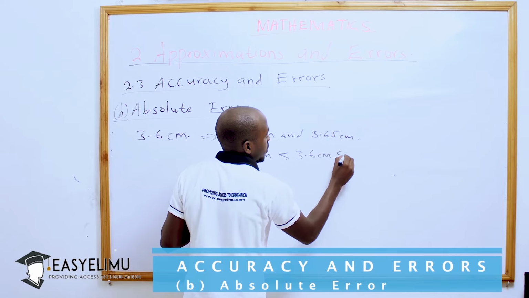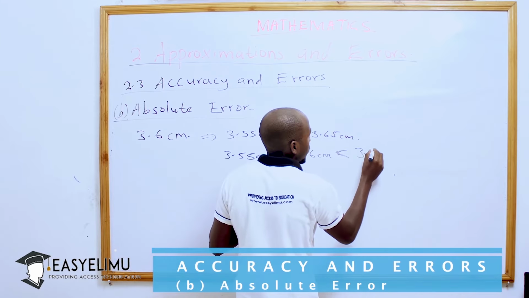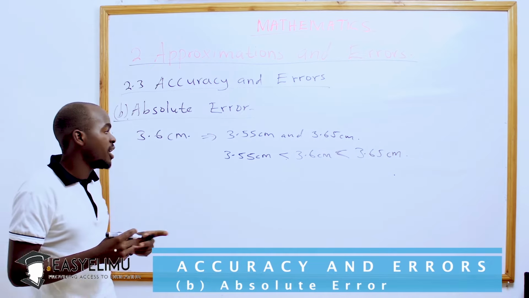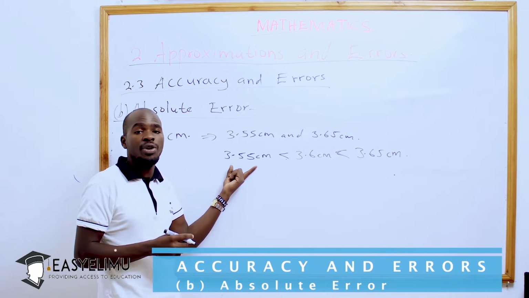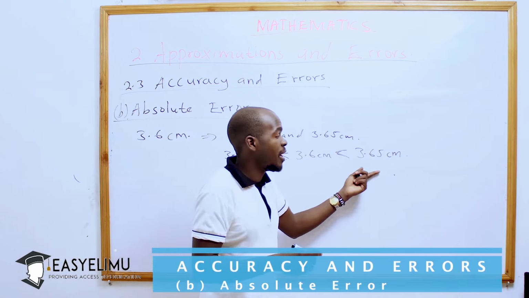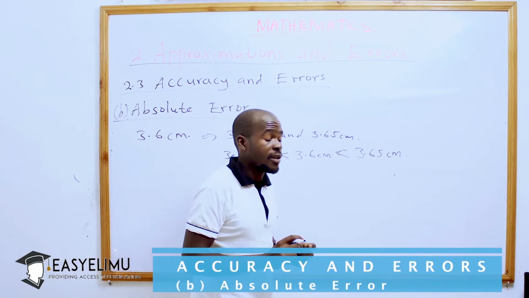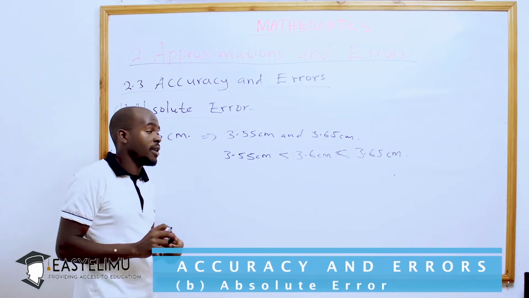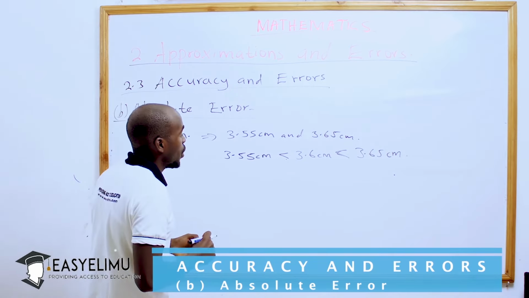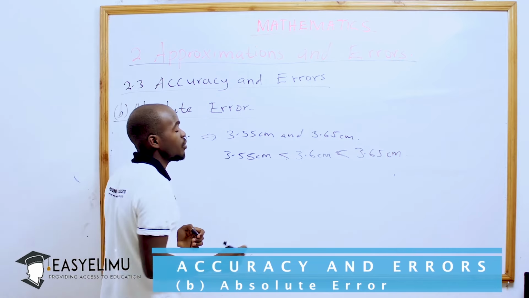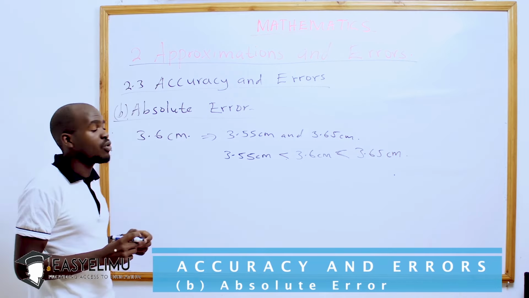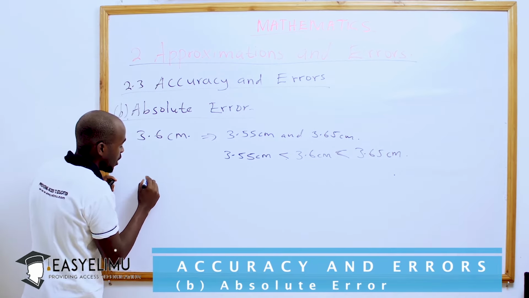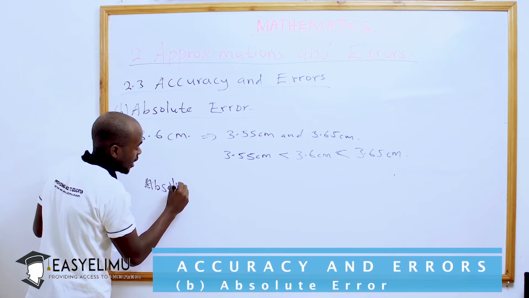3.6 centimeter, which is less than 3.65 centimeter. So the measurement lies within that one, meaning the lower limit of that measurement is 3.55 centimeter and the upper limit is 3.65 centimeter. So if we needed to find the absolute error in this whole part, we now take 3.6 centimeter, which is our measurement, we subtract the lower limit, and we shall find absolute error as,